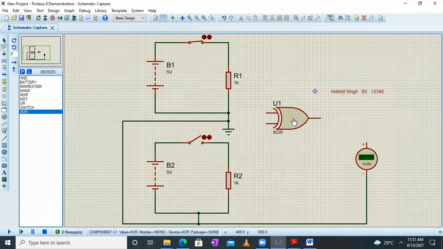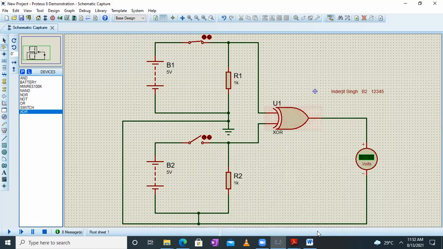Okay, so I'll drag the XOR gate and place it over here. I'll connect the 2 inputs in the same manner. Not much is changing over here. And at the output, I will connect it to the voltmeter. Yeah, the circuit is ready. It is so simple, switching from one logic gate to another logic gate.